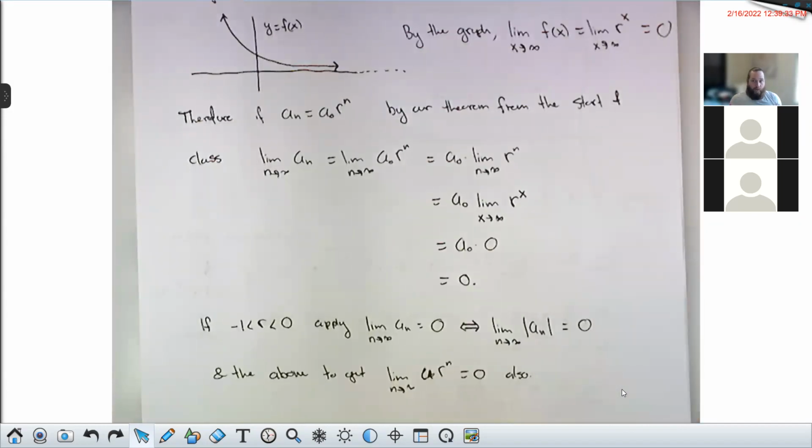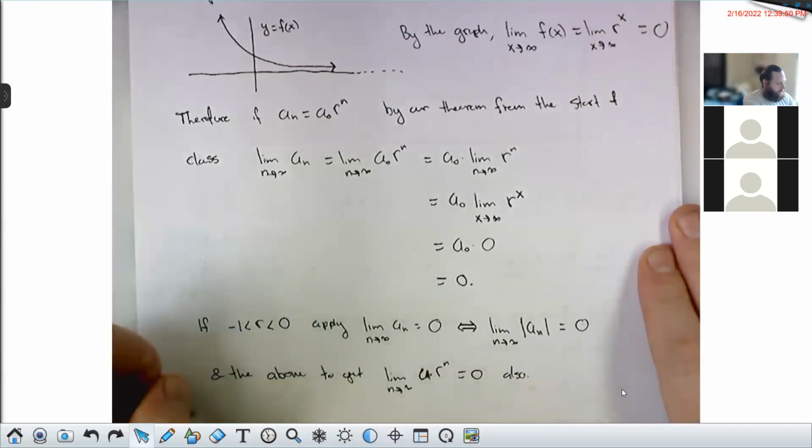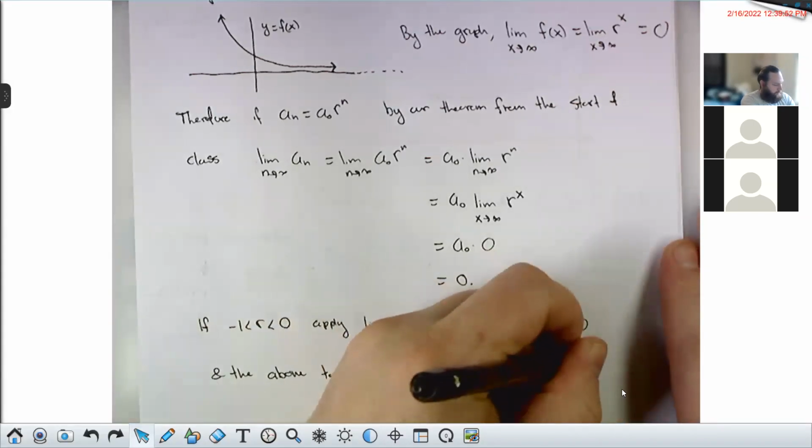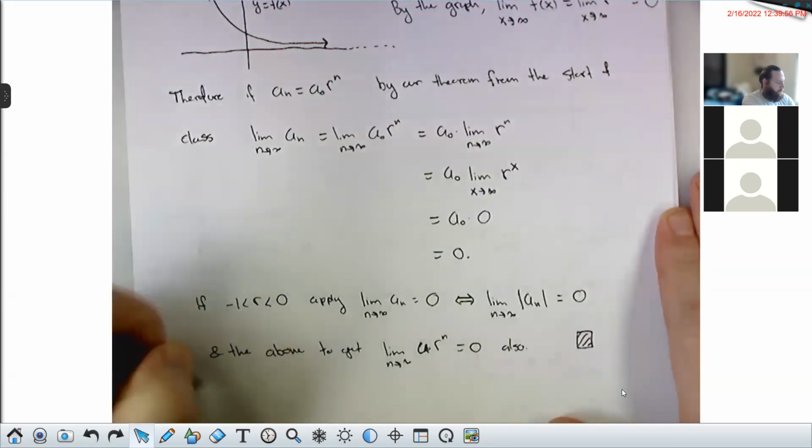And these two cases cover the first half of the theorem, saying that if the absolute value of r is less than 1, then the sequence a naught times r to the n will go to 0. So that's it. I'm not going to go any further into the proof. We don't need the full proof. But the way to remember this